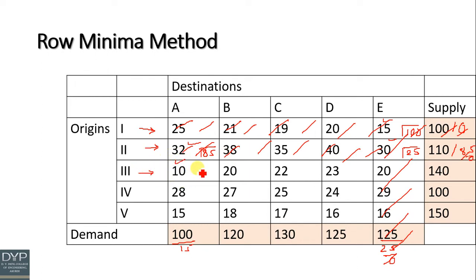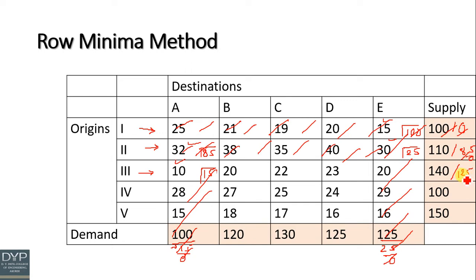Again here 10 is the minimum cost cell and I will be assigning from 15 and 140. So the minimum of that is 15. So I will be assigning. So here there is 0 and then this 15 I will be removing, so it will be 125. Now this column is fulfilled, so I am removing that, but still the same row will continue because the supply